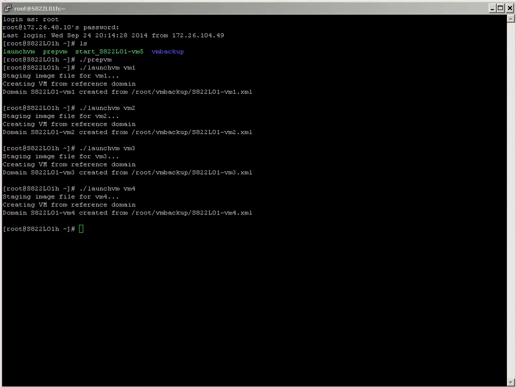Off camera, we have created a set of 4 domain definition files. These XML-based configuration files describe the characteristics of the VM we want to provision, the number of processors, the amount of RAM, disk space, etc. For this demo, we're using a technology preview of PowerKVM PCI pass-through that enables us to dedicate a Mellanox adapter card to each VM. The screen displays the invocation of a script which invokes the Virsh create command 4 times,